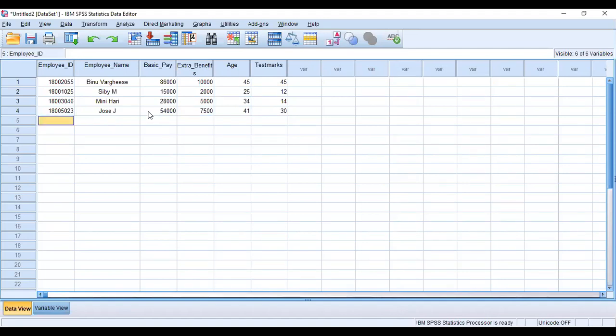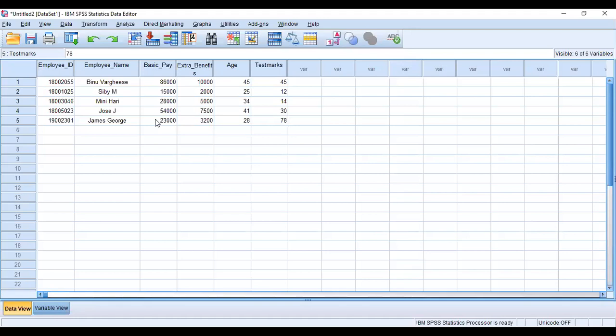Next is 19002301, James George. Basic pay 23,000. Extra benefit 3,200. Age is 28.